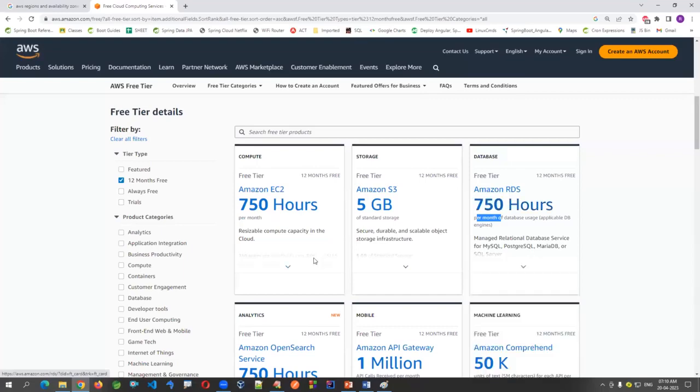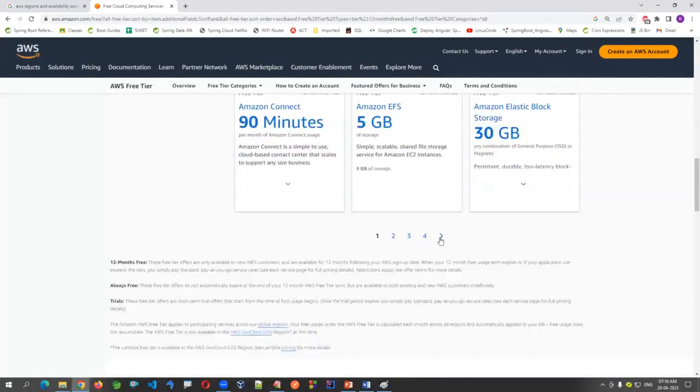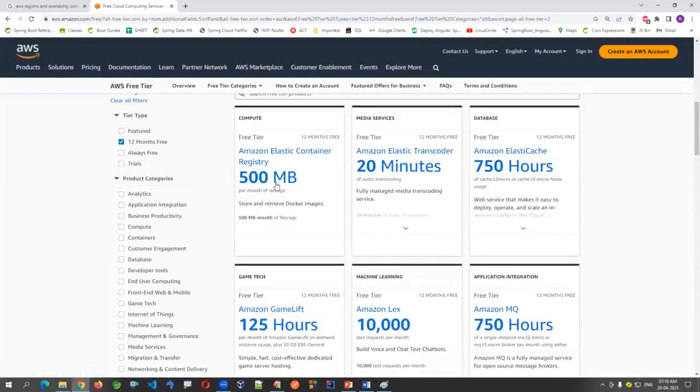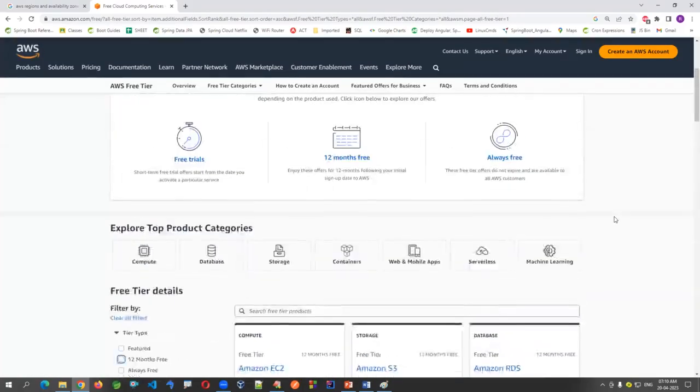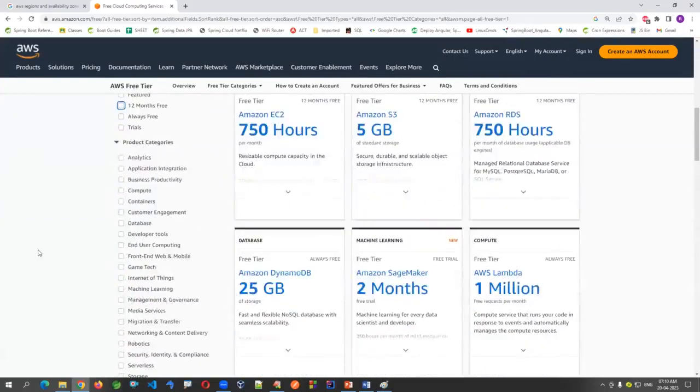They are giving some services, and you can see there are so many. You can search one by one and practice. No need to pay anything. But some services will be billed even if you start using them from the initial stage, and if you use above this limit, they are going to bill you.